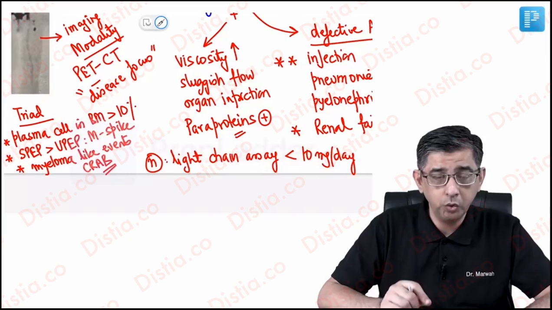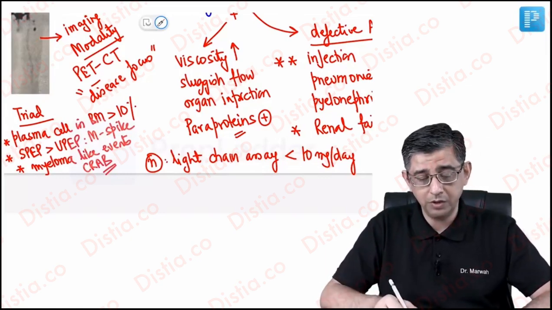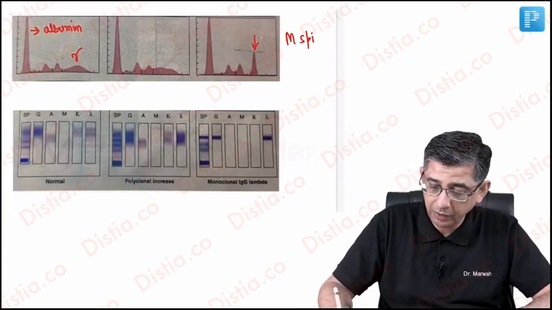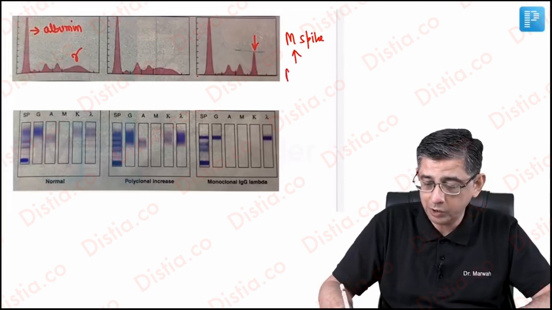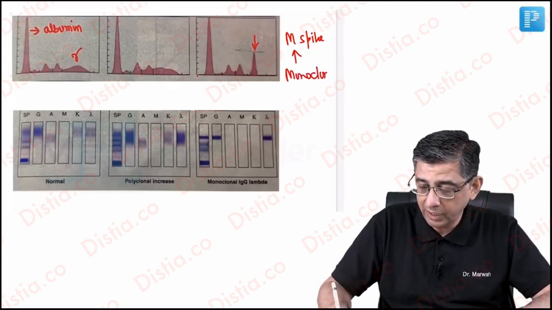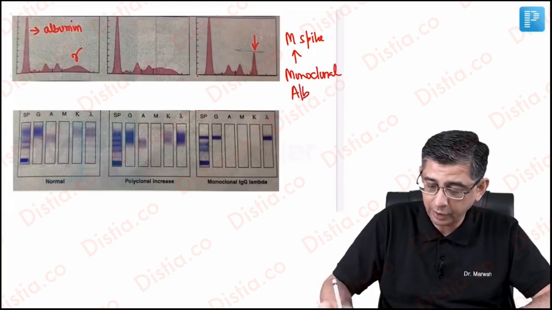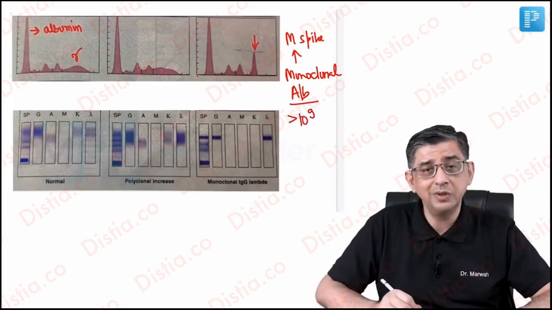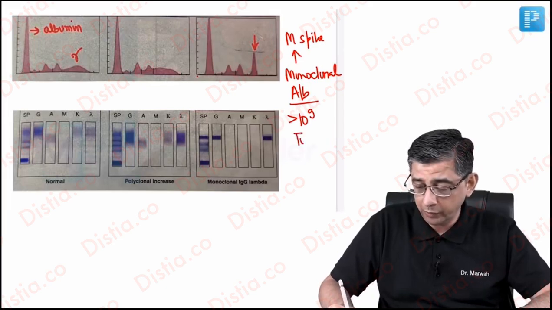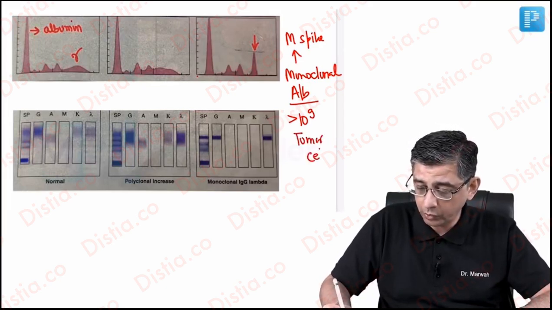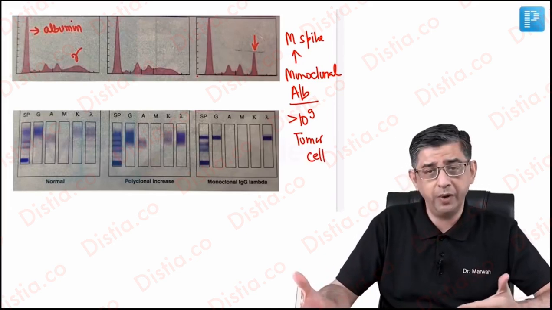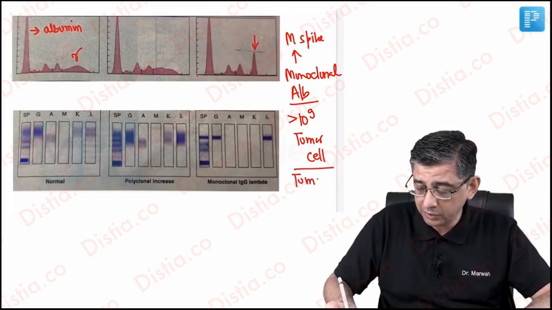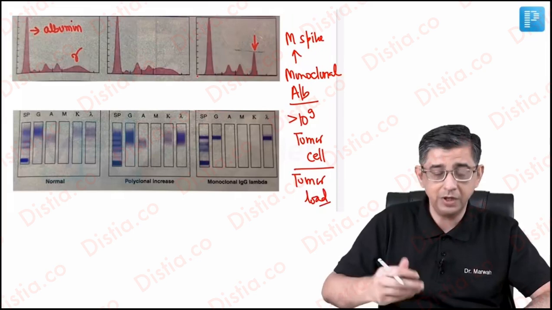And now I'll be showing you two techniques by which we are able to demonstrate this M spike. Now, as I've explained to you, the word M spike here would mean that monoclonal antibodies are being produced. So what he has asked in the exam is also what should be the tumor load present in this patient to cause these monoclonal antibodies to turn positive. So the number of tumor cells present in the bone marrow should be more than 10 raised to power 9. You can see, I would say, megatrillion tumor cells. This is the basic minimum tumor load that is required to contribute to development of this M spike.